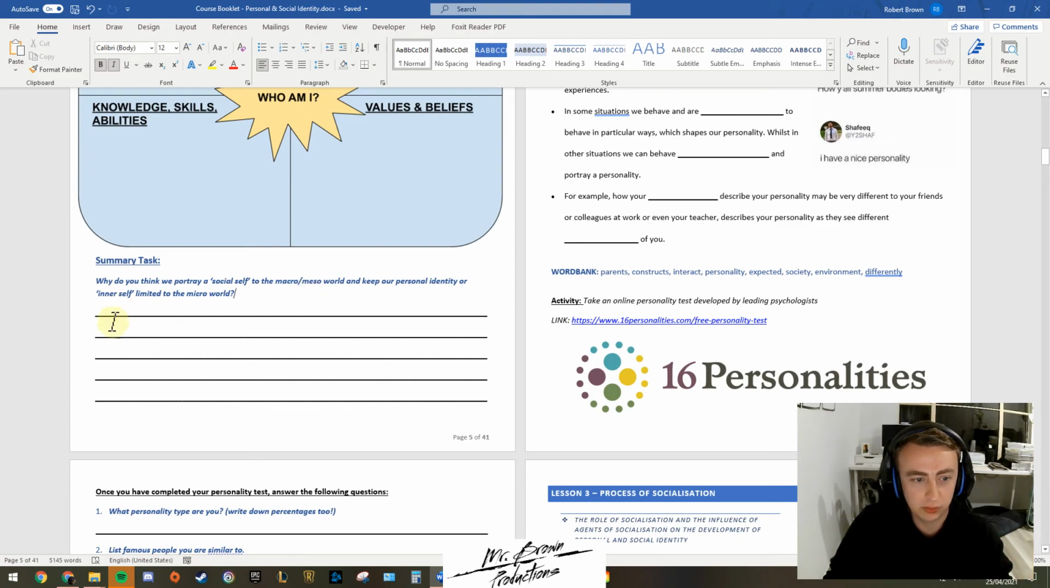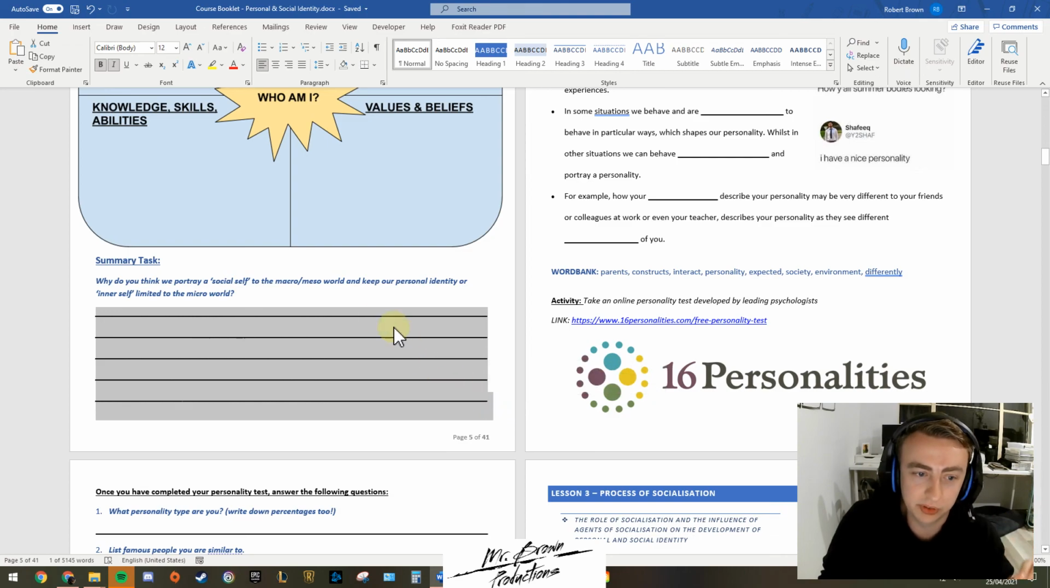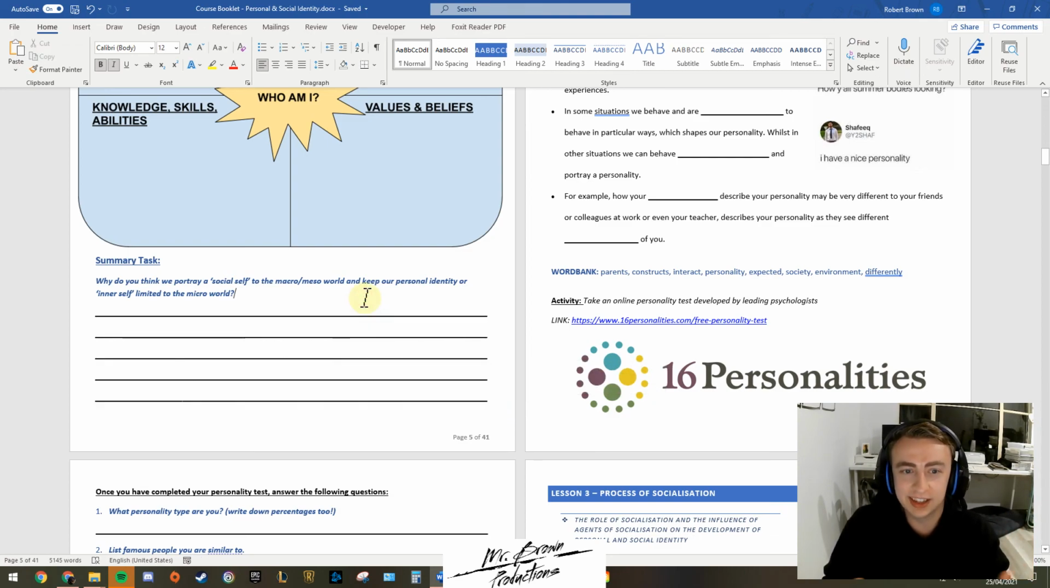So 1, 2, 3, 4, 5 lines there. Make sure you fill them all. Remember, this is an HSC skill. The amount of lines there is indicative of the length of response that is required. So get that done, and then